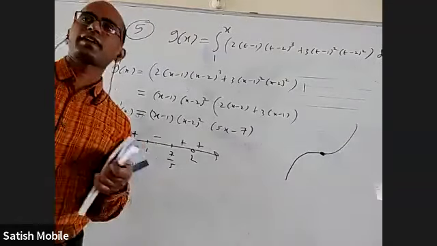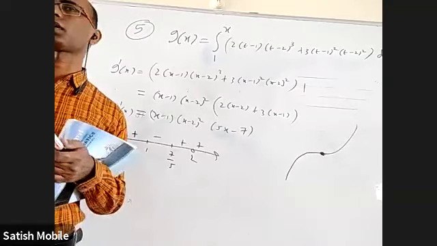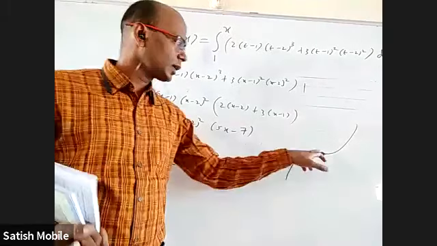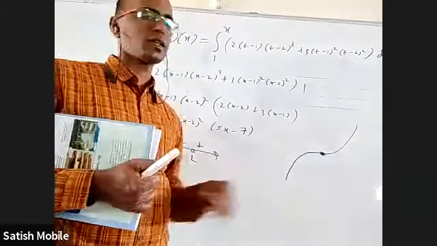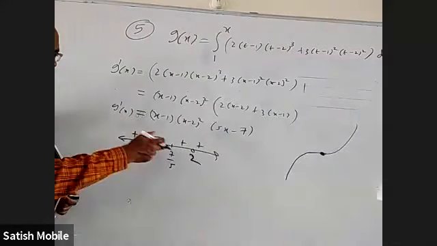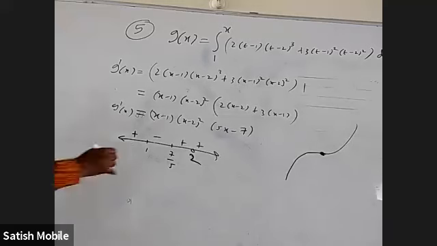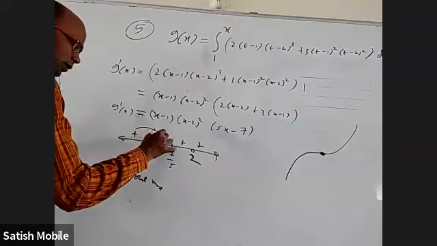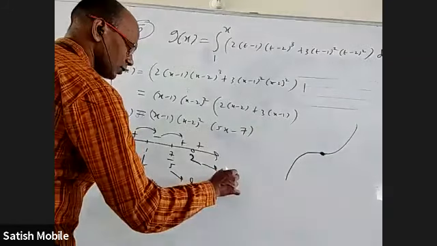This is called a point of inflection. What is a point of inflection? It is a point where the curvature changes from convex to concave or concave to convex. You can say till now it is convex up, and after this it is convex down. So the curvature changes from convex up to convex down. That is a point of inflection. Anyway, that is secondary. But 2 is neither maximum nor minimum. 1 is a local maximum, 7 by 5 is a local minimum. That's it. Here we have a local maximum because the sign goes from plus to minus. Here minus to plus, so this is a local minimum. This is neither maximum nor minimum.